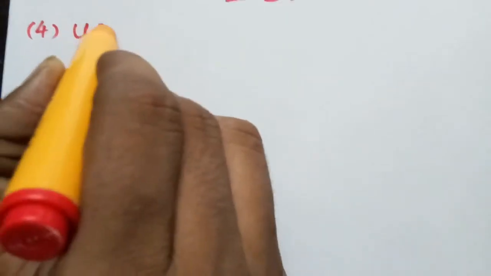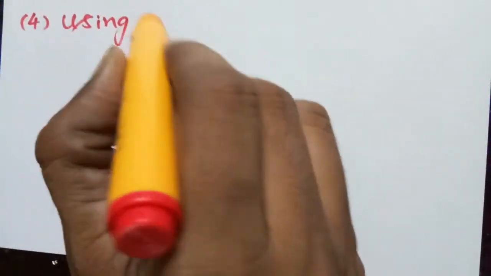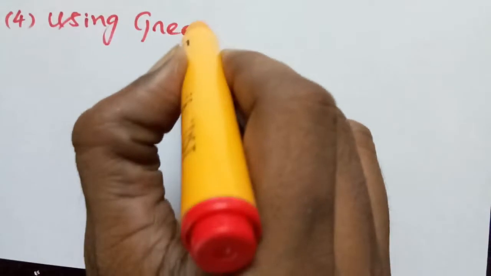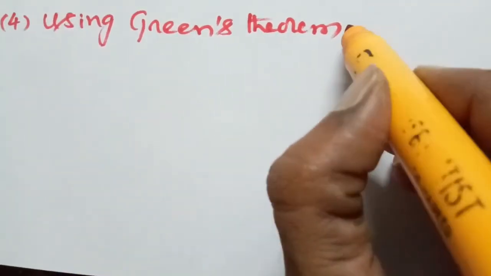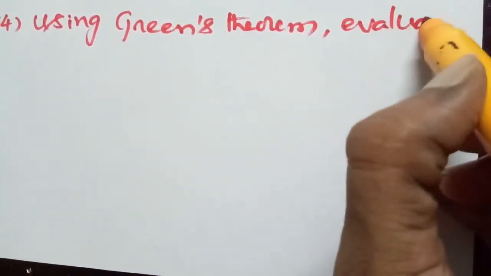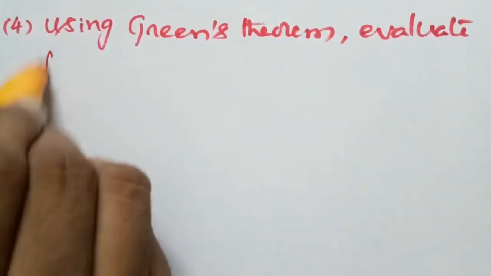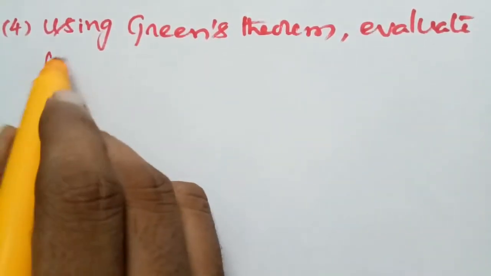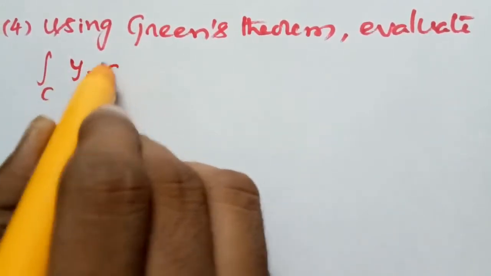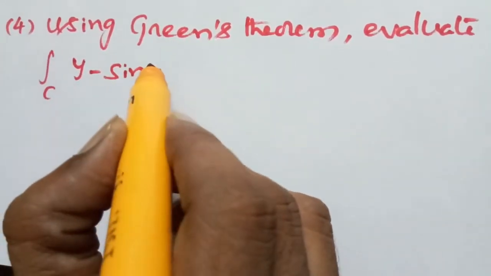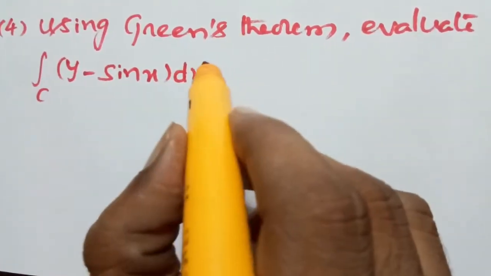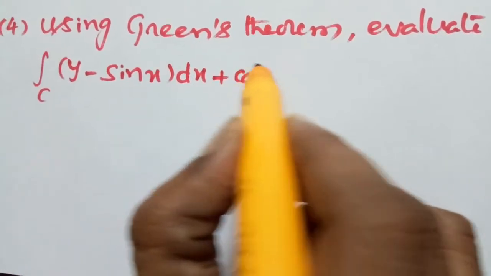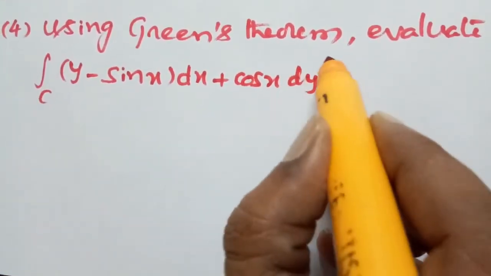Fourth one, using Green's theorem, evaluate integral over C (y minus sin x) dx plus cos x dy,